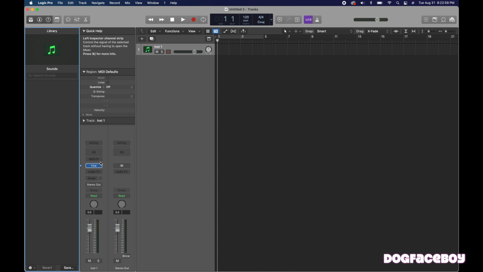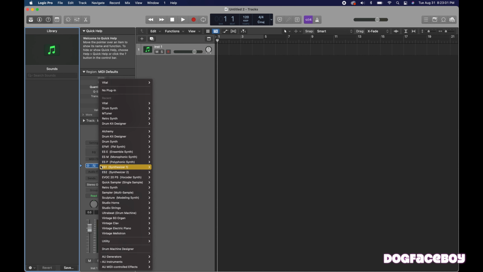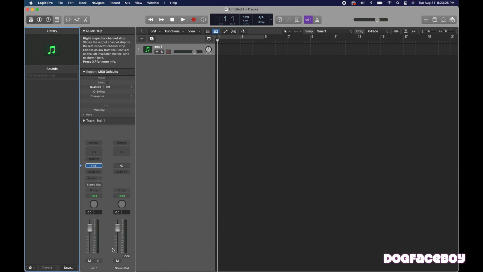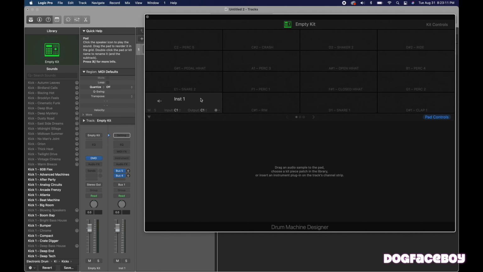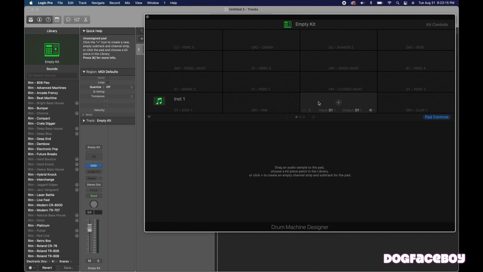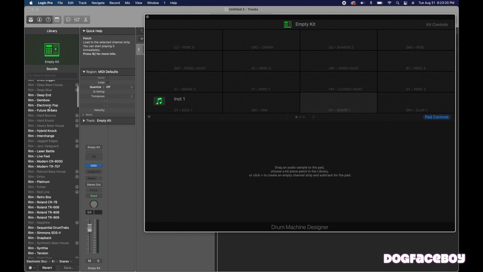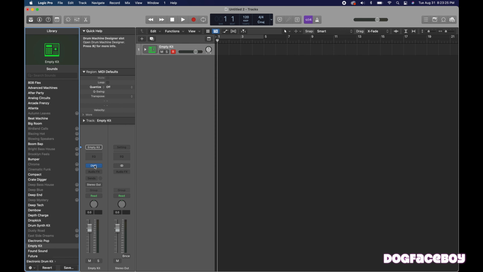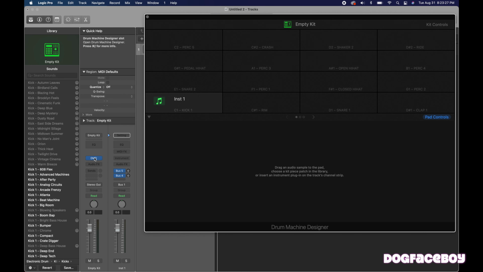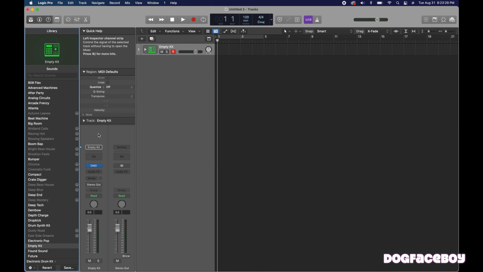plugin selector over here, instrument slots, and go down to Drum Machine Designer. Okay, now open up this Drum Machine Designer here. If you click on each one of these individual boxes, it will give you a scrolling menu on the left side where you can select individual instruments. But if you just click on Drum Machine Designer here, okay, this